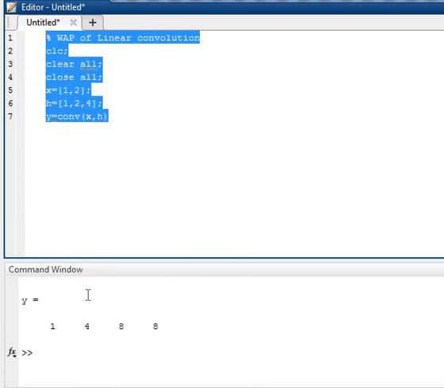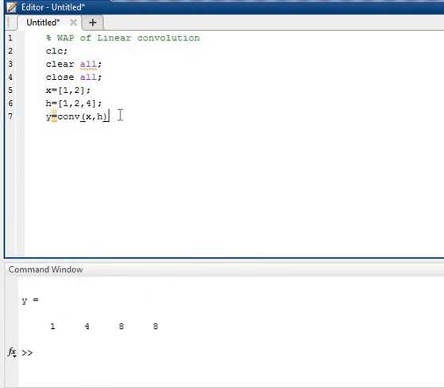This is my result. If you want to implement it in a figure, I use the plot command, that is for continuous. See this result.